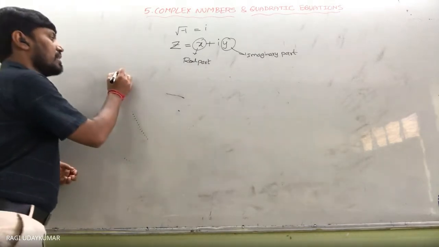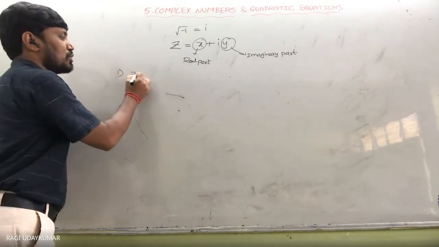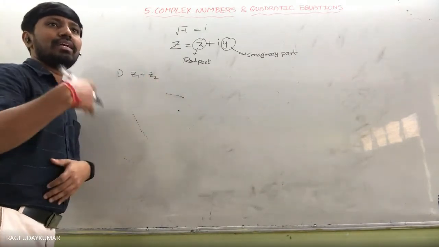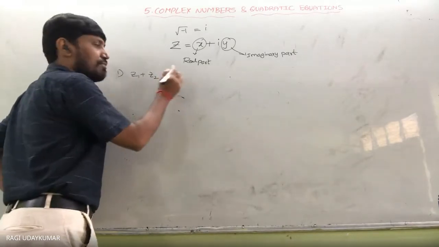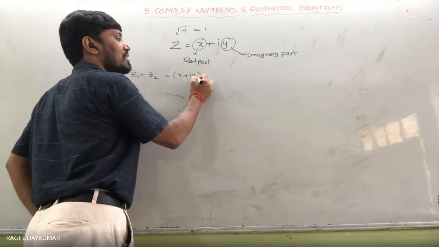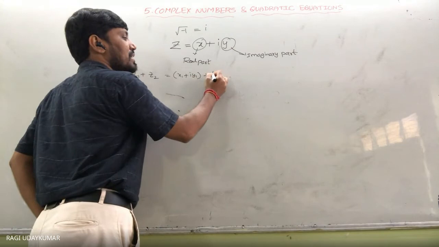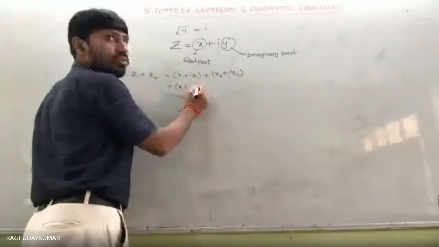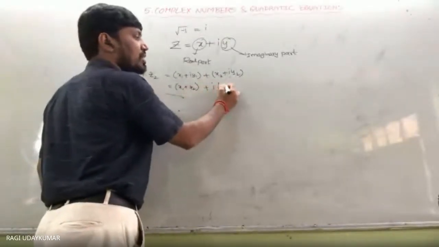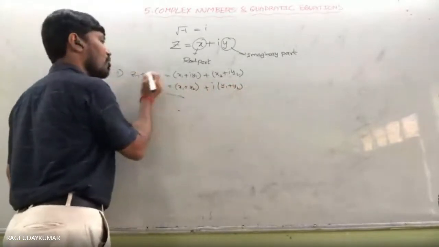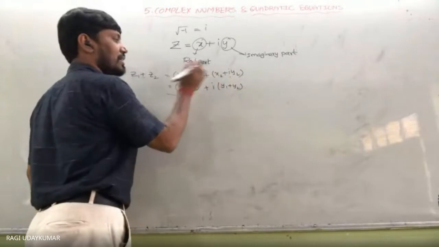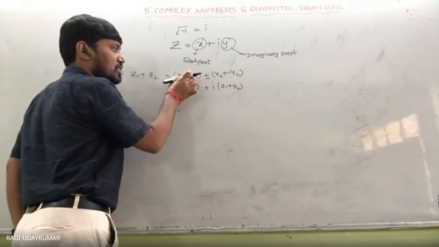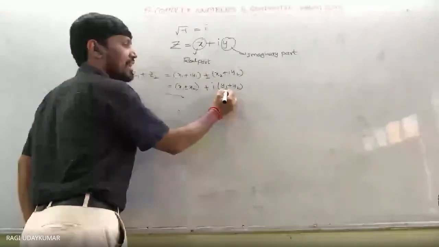Whenever you are considering addition of the two complex numbers, suppose z1 plus z2 is nothing but their corresponding real parts should be added, and corresponding imaginary parts should be added. z1 is x1 plus iy1, z2 is x2 plus iy2. ये real part को add करना है, x1 plus x2 plus i into y1 plus y2. Even plus हो गया माइनस हो गया तो भी same है, इधर माइनस आया तो इधर माइनस, this one minus this one, तो इधर माइनस आएगा, इधर माइनस,